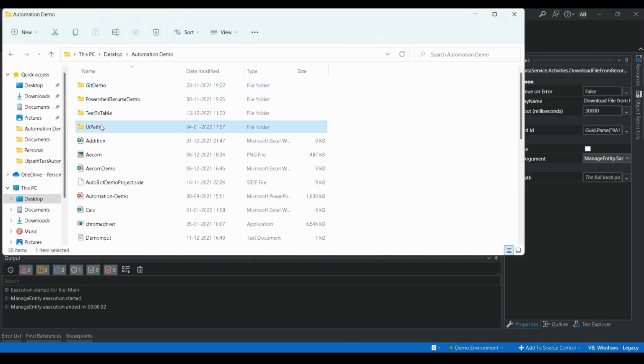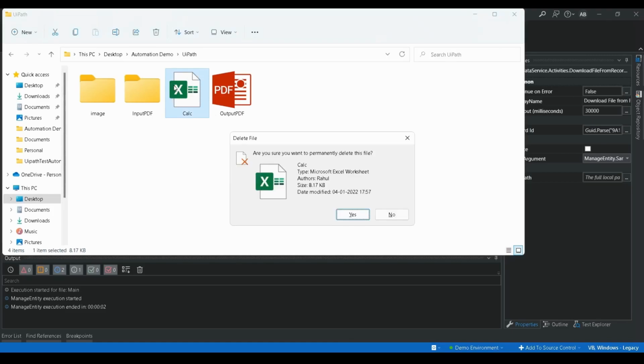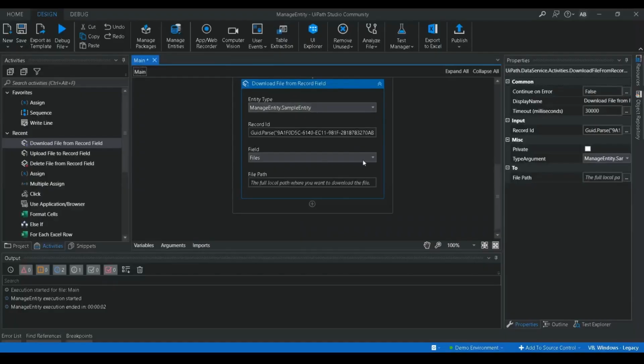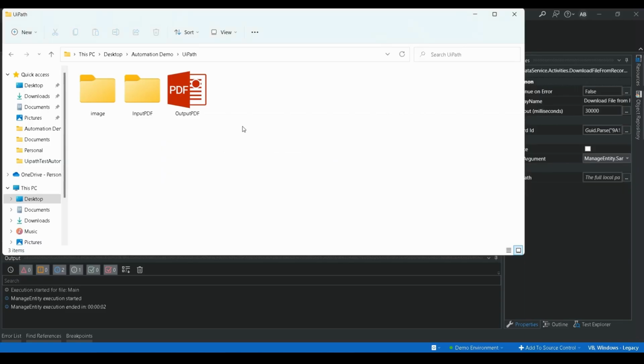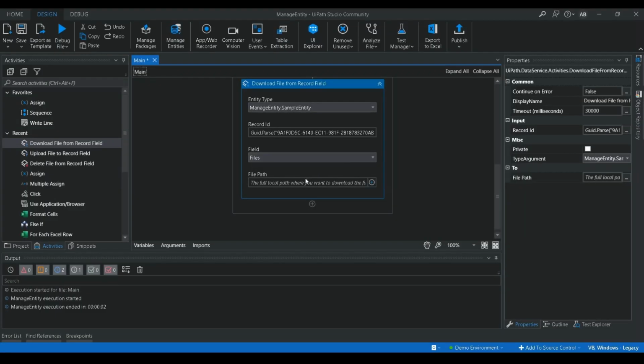Let me go to UiPath. Here we have this file, right? Let me delete this file. And if I give this path, UiPath, as the path, and if we execute this flow, the file which is there in the entity will get downloaded to this particular folder. So I'm going to give this particular folder.